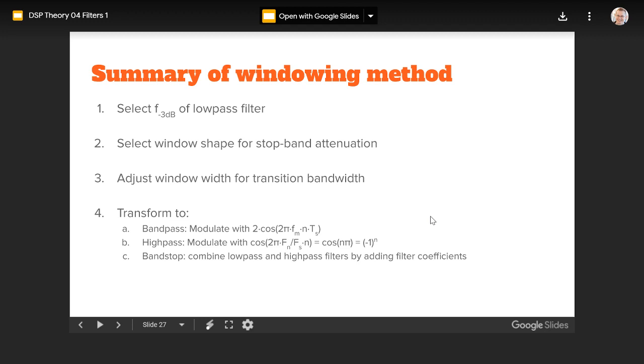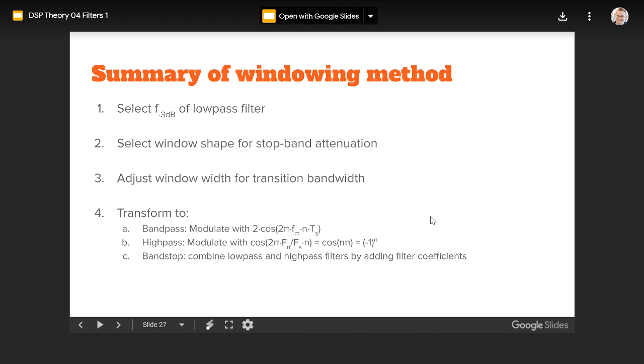Pass band, band pass filter: modulated with the center frequency of the pass band. High pass filter: modulate with minus 1 to the power of n, because the modulation frequency is actually cosine 2 pi f n divided by fs times n. So it's cosine n pi, meaning it's plus or minus 1. Plus 1, minus 1, plus 1, minus 1. So,